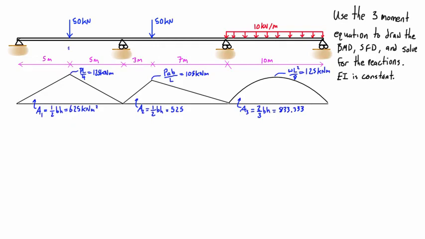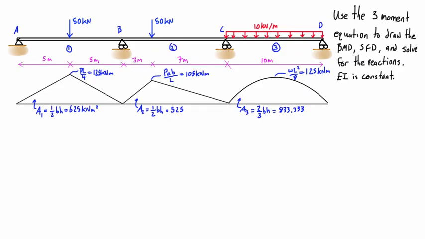So if we call this span 1, span 2, and span 3, and also let's label these reactions. Let's say we have A, B, C, and D. What we're going to do is apply the 3-moment equation over span A, B, C, which are the 2 spans we're working with, 1 and 2. And then we're going to apply the 3-moment equation again over span B, C, D,